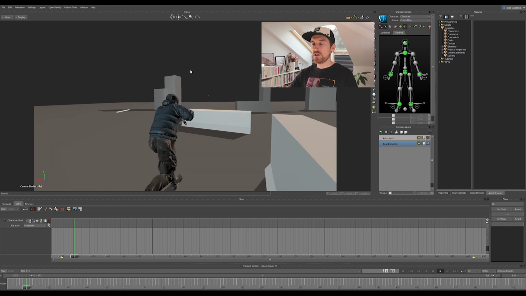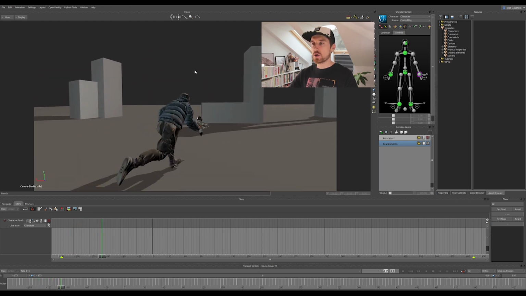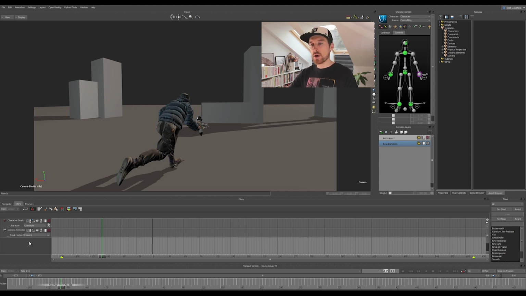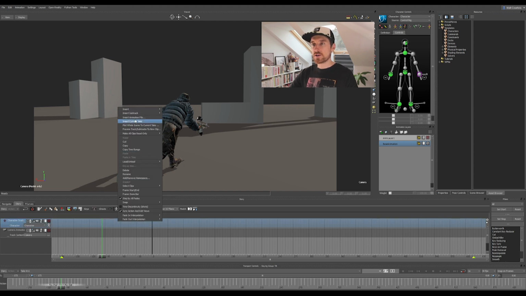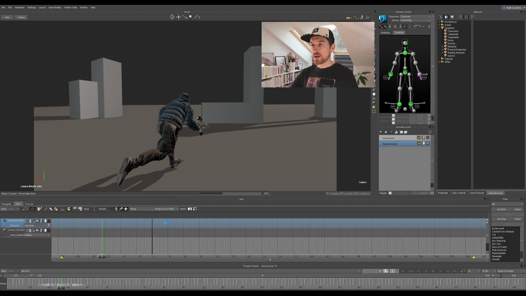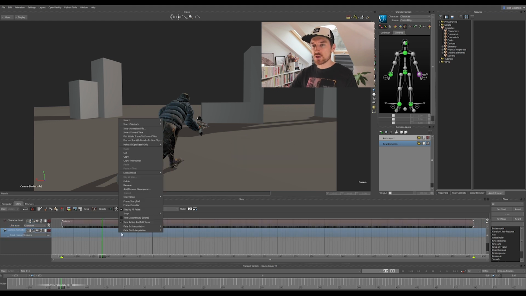Actually, as you can see here, I have a camera animated, so I'm going to select the current camera. I'm going to Alt drag, or X drag if you're using Maya shortcuts, which is automatically going to create a camera track for me. And I'm going to insert the character take first in the character animation, which takes some time because the animation is quite long.